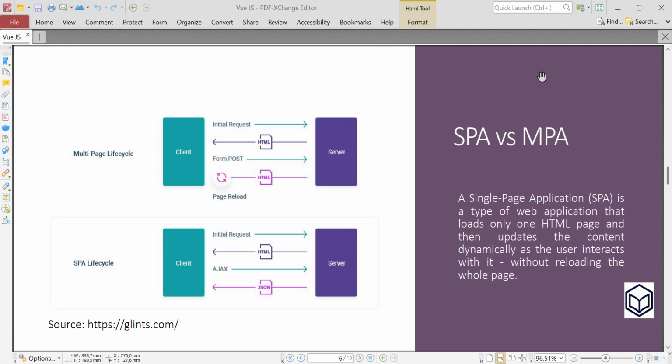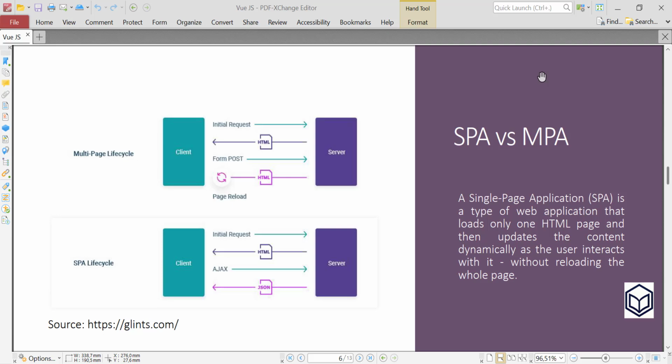If we build a website using the Vue.js framework, we can build it with two paradigms, single page application or multi-page application. But in this video and the next, I want to focus on Vue.js CLI. It means we can make a website using a single page application.